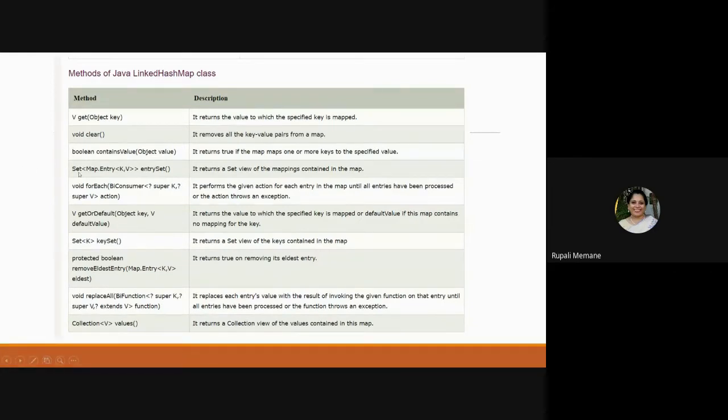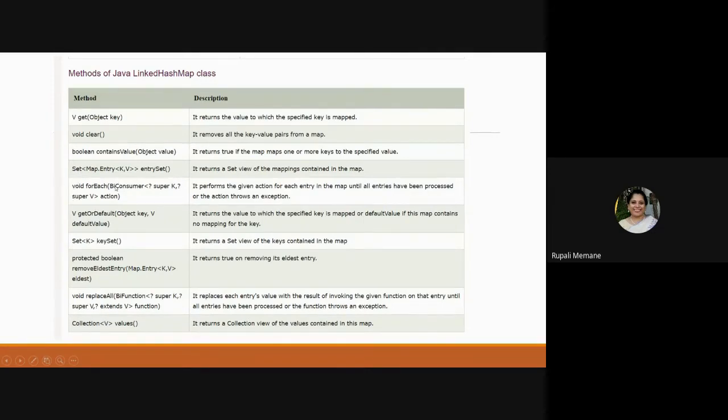So here I say set the value of the map entry, the k and value. So 5, and I pass the new value here. Rupali Memane will be replaced with, let's say, Prachi Patekar. So now roll number 5 will be Prachi Patekar. That means it has been replaced with the method set. Now, entrySet returns a set.